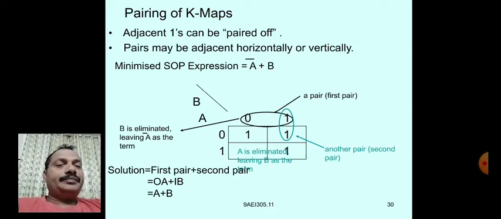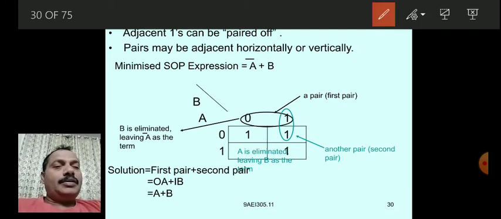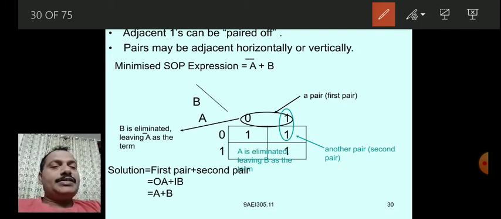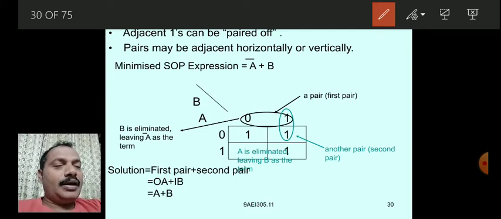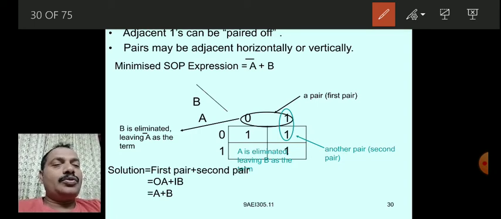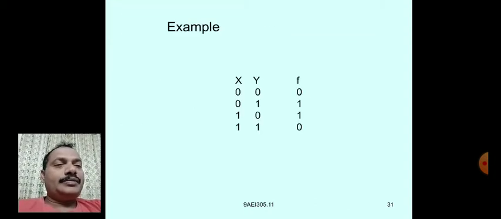So like this. This is the first group pair, so A bar is taken. The alignment is not good, but I already told you the grouping just now. So this is the grouping. For the first group only A bar remains, for the second group only B remains. That's all. This is the way of simplifying. Next.